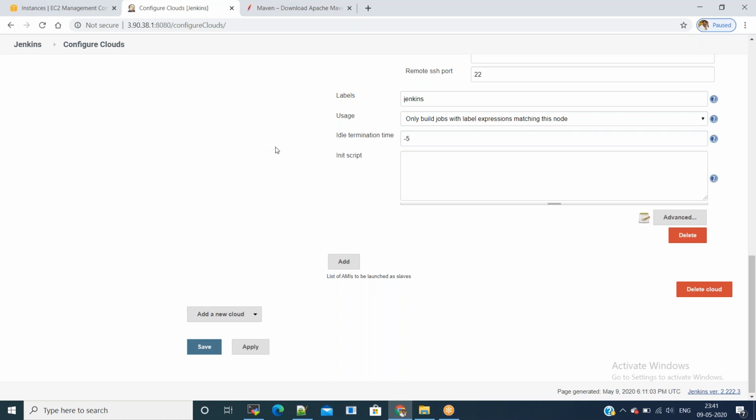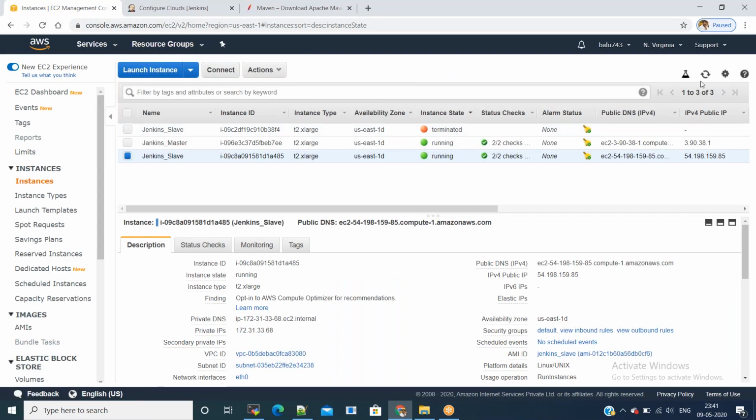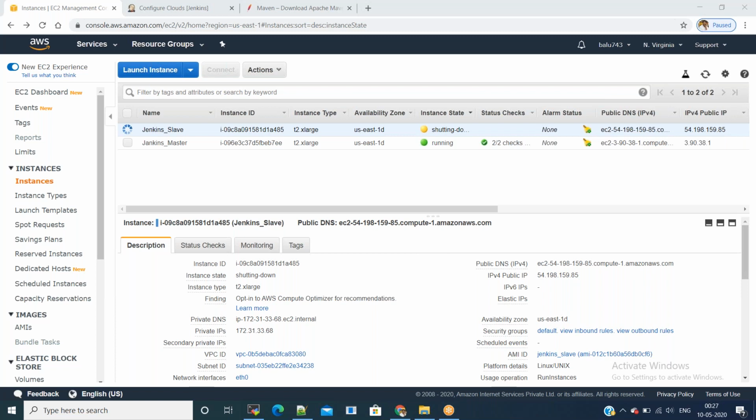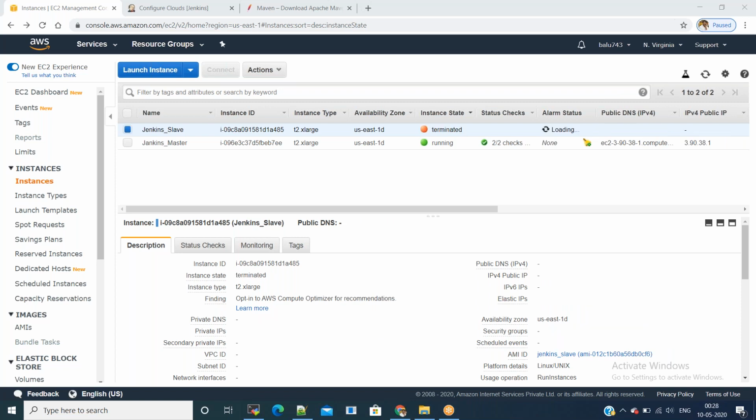Now we'll go back to instances screen. We will try one more time. What I will do is, I will pause the video until this gets terminated. Once it starts the process of terminating, I will resume the video again. Now as 55 minutes passed, now the instance started shutting down.